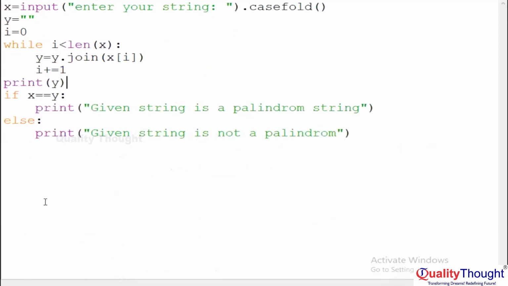But my requirement is to join the entire string. How to join that one? The i value initially starts at 0. The same string we can join, but I want to join it in reverse order. How to take the reverse order? i value is length of x minus 1. That is finding the last index. Now i contains the last index value, up to